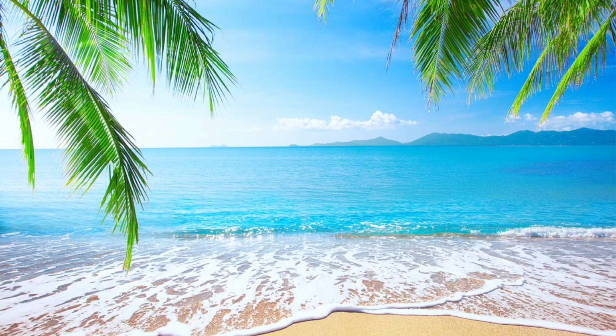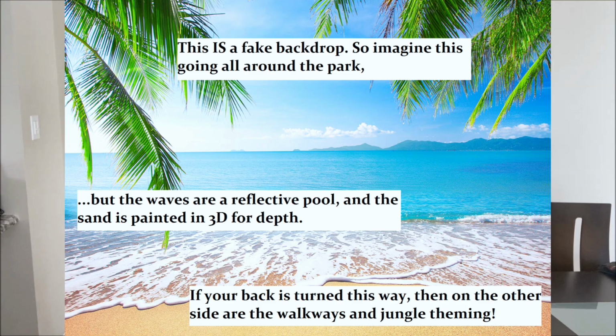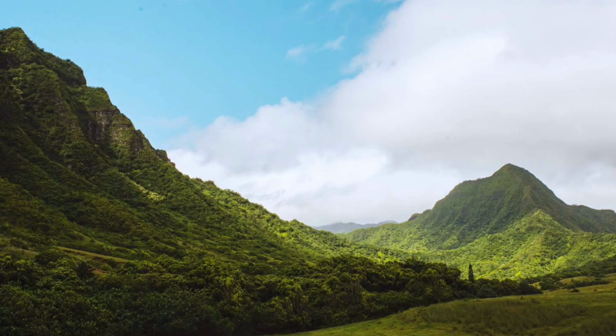So basically, if you look around yourself in the park, you see the reflective pool as if it is the ocean, and then it ends where the fake backdrop of the landscape begins. And the landscape, of course, also has a painting of the sea, so the water and the painting merge, and it creates this illusion that the whole thing is continuous and open, and you're on an island. The backdrop also has the sky, of course, and those magnificent hills and cliffs and all of the scenery that we see on the island to really make you feel like you're actually there. Like any good theme park, it immerses you in a whole new world.